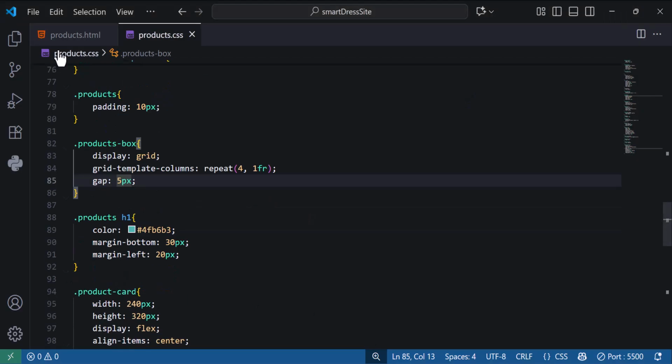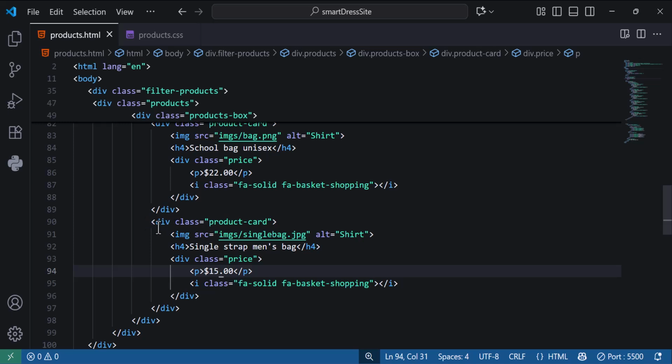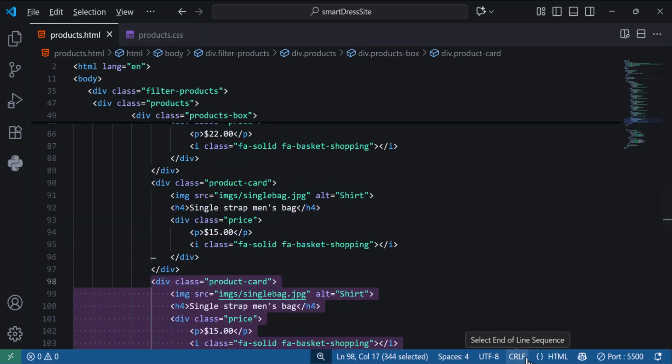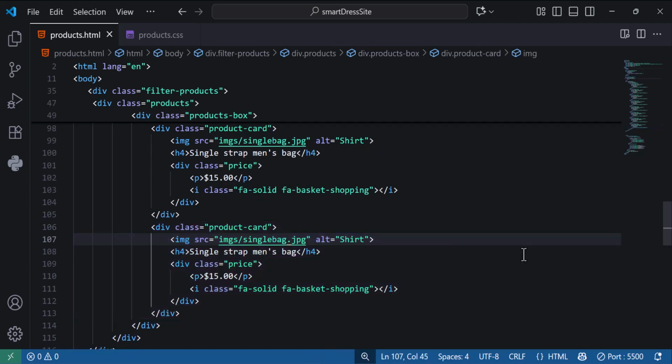So let's come back to our HTML, and then the way I showed you, you click on the opening tag, product card, and then we're going to add 2 more. So shift and then alt, then arrow key twice, and you will have that. And then next, sorry, I made a mistake. I should change the img name. So it's going to be d1.png, and then I can say